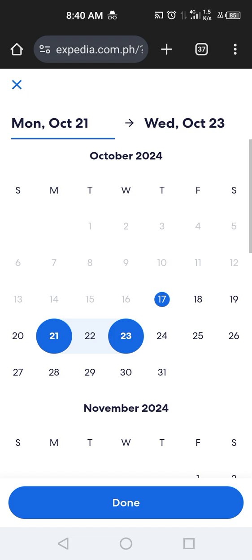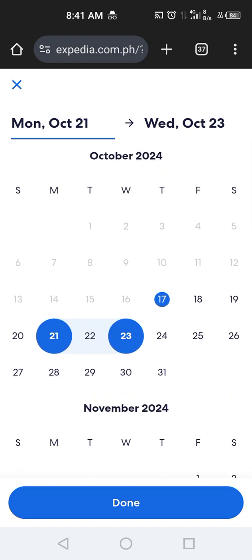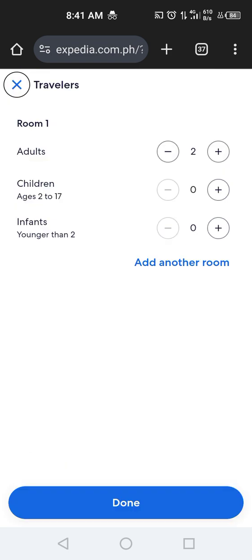So that should be a total of 3 days, so we should be traveling in Malaysia in 3 days and 2 nights in total. So here we go. Done. Yep, this is actually the right option.